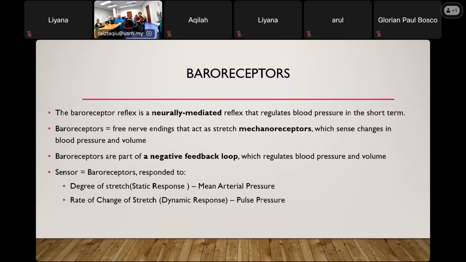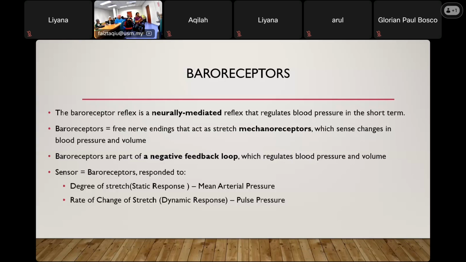So first, the examiner asks a question about reflex. What are the components of the reflex? Sensor, afferent, controller, effector. So now you're talking about the trigger. Monitoring blood loss, you're looking for a decrease in arterial pressure and pulse pressure.